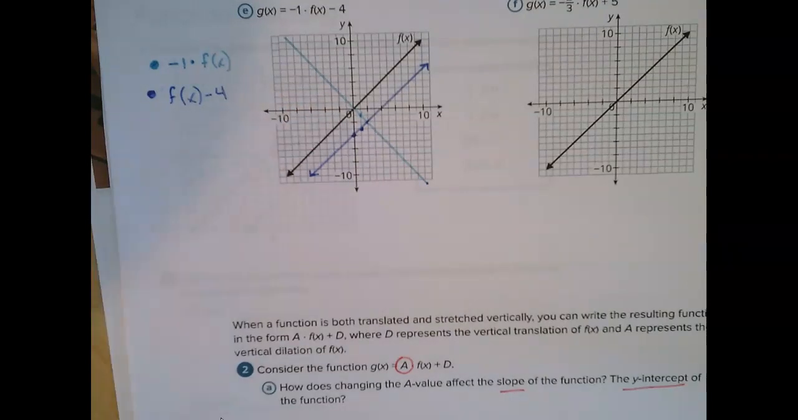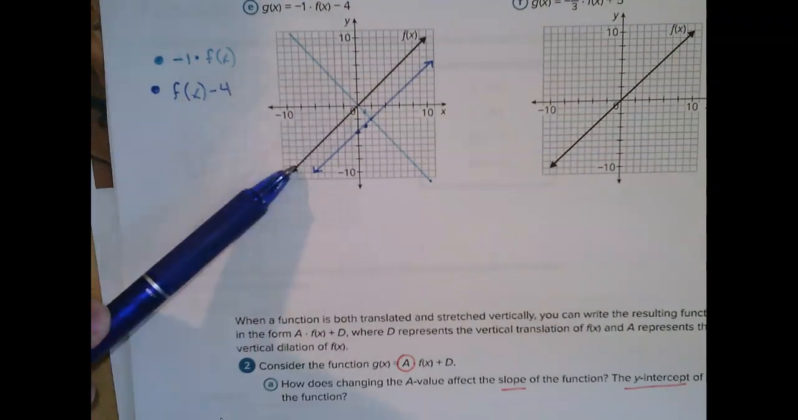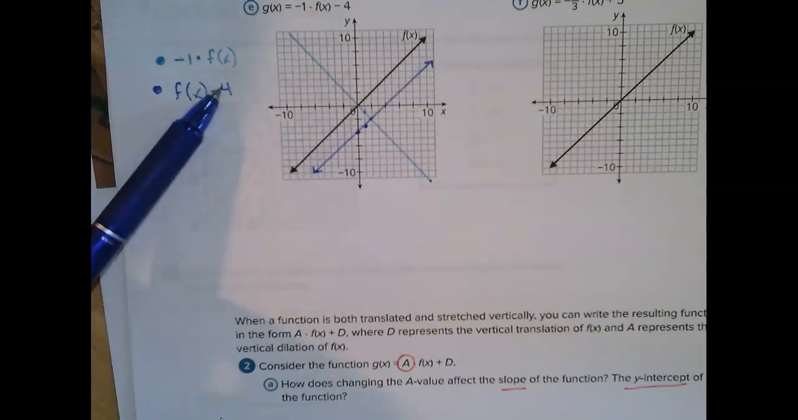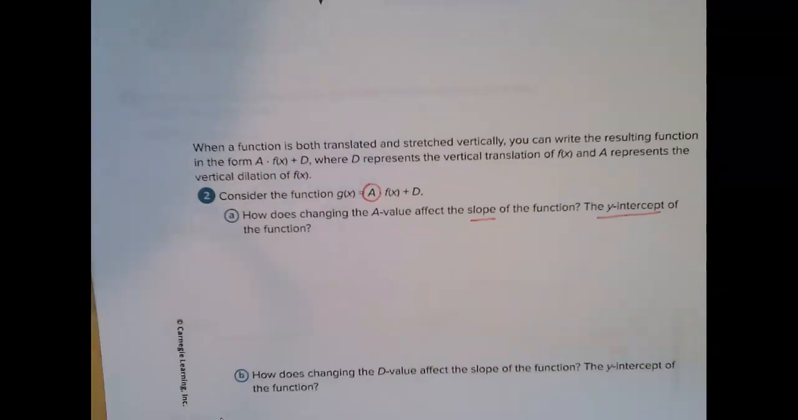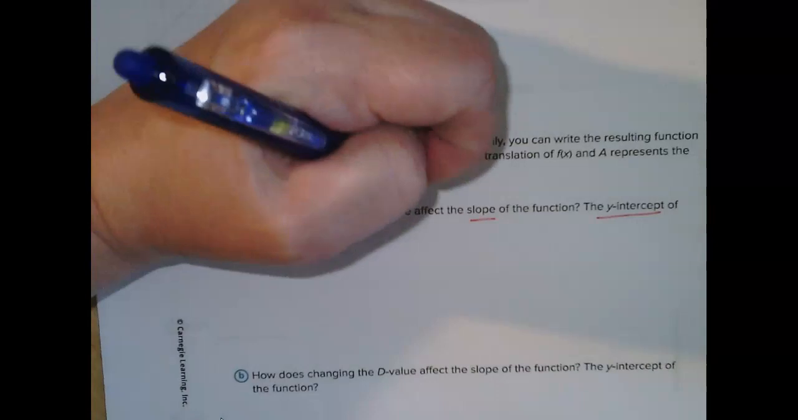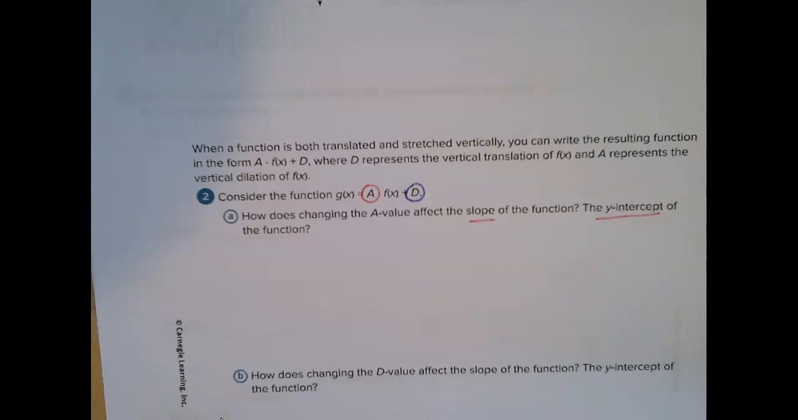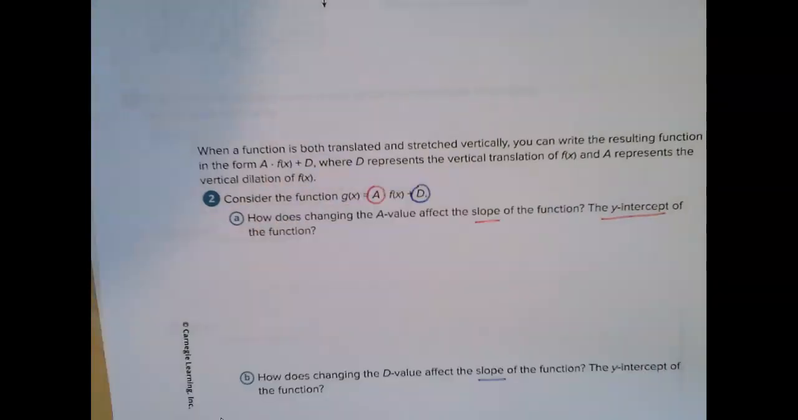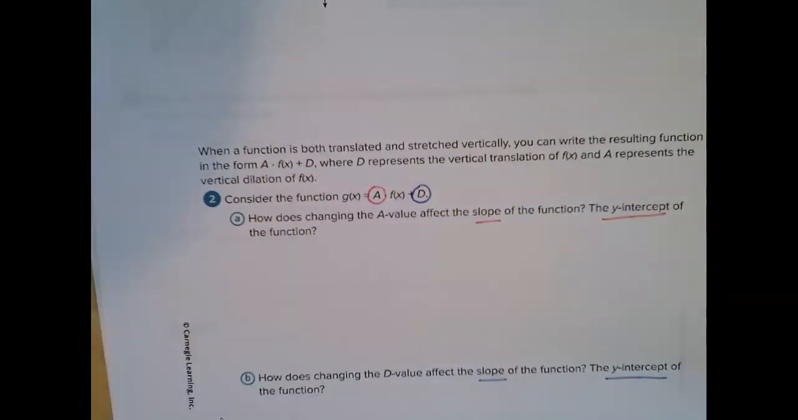Okay. Then on the dark blue line, what I did is I took the original function and just translated it down by 4, -4. So that -4 is being referred to as the d value here. And the question is, how did changing the d value affect the slope of the function, and how did it affect the y-intercept? So look up here